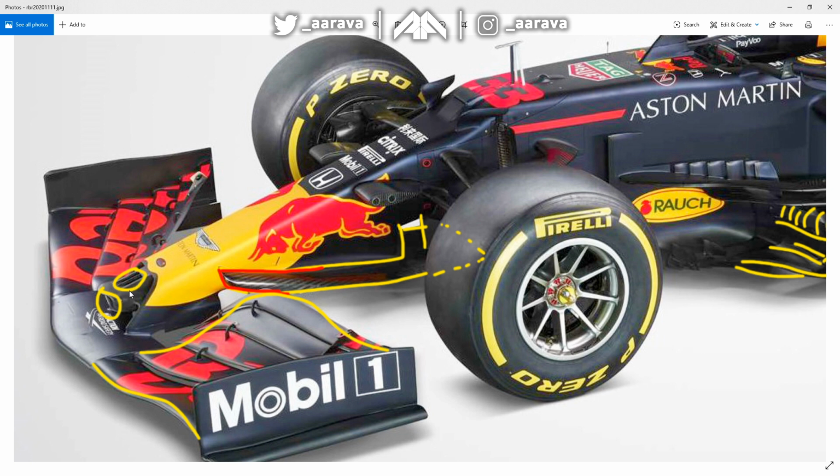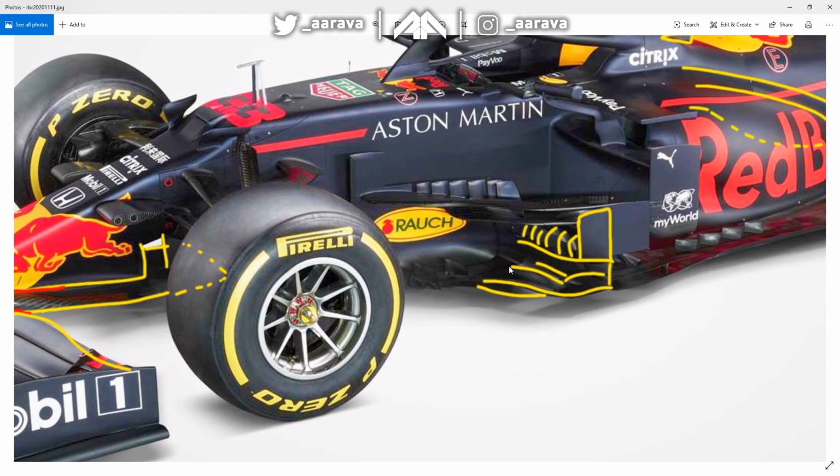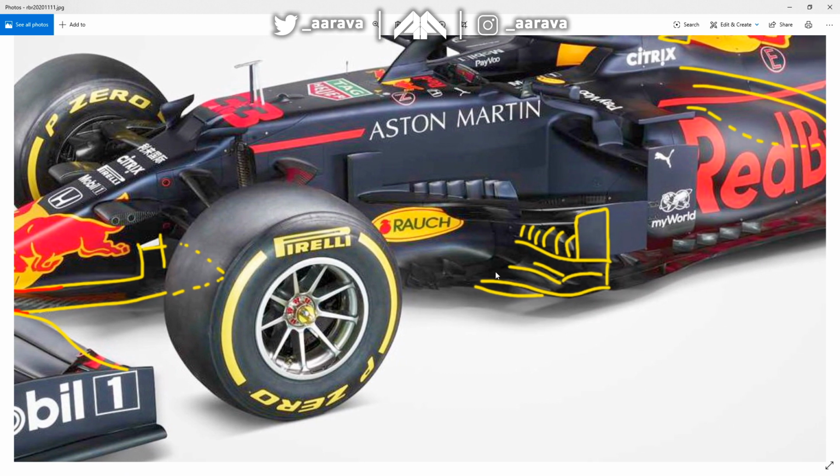But anyway, back to these slot gaps. So 2 of these slots will inevitably funnel air into the S duct. Potentially even all 4 at the top here might channel air into the S duct. The ones at the front are more to do with the way the pressure builds up at the front of the nose cone. They're trying to play around with that and the way the air is going to be forced round the outside of the nose and in towards the snowplow, so that they can scoop it up and chuck it towards what is obviously a very intricate and important part of the F1